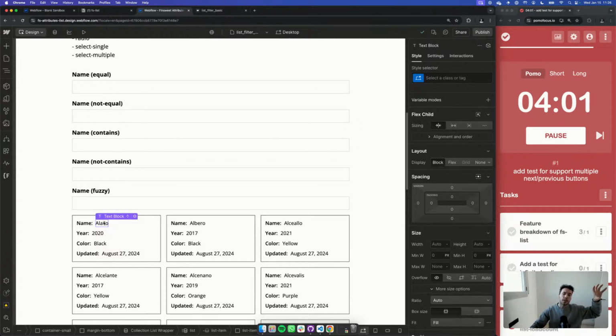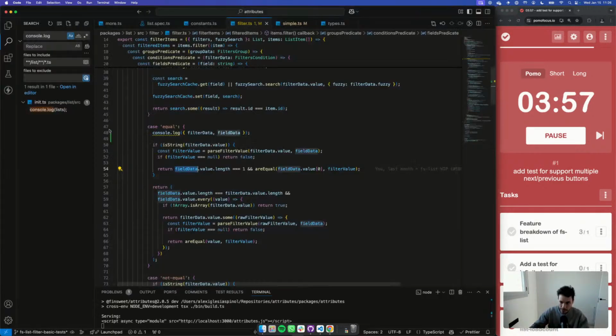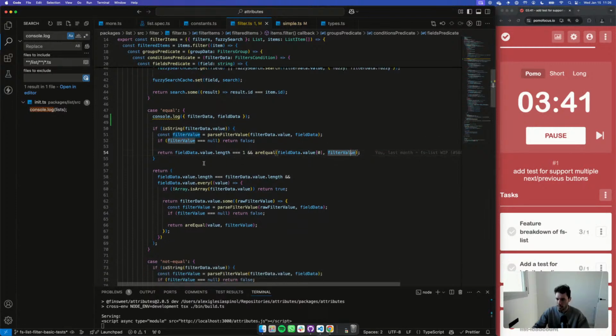It must be another operator like contains. It's a bit complex. Okay, good. So here we're checking if the value of the field data to lowercase is equal to the filter value to lowercase again.